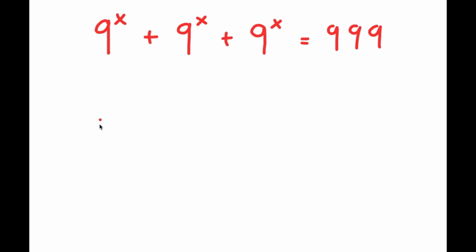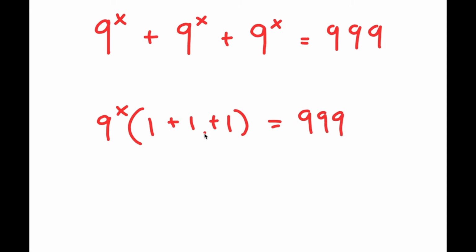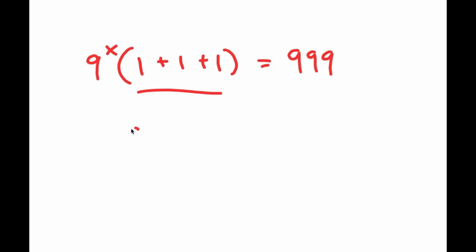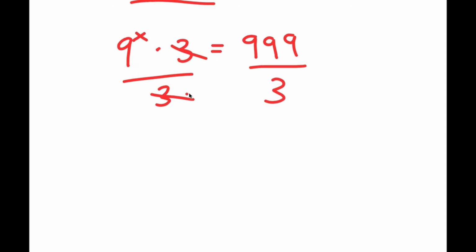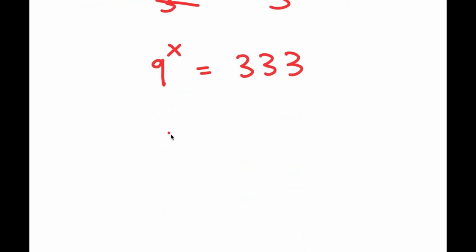Alright, I'm going to start off by factoring out 9 to the power of x from my left-hand side, because all my terms are 9 to the power of x. And from here, 1 plus 1 plus 1 is going to be 3. So I get 9 to the power of x times 3 is equal to 999. So now I can divide both sides by 3 so we can isolate x. So now I get 9 to the power of x is equal to 999 divided by 3, which is 333. So now we have a much simpler equation from what we started with. So now to solve this,